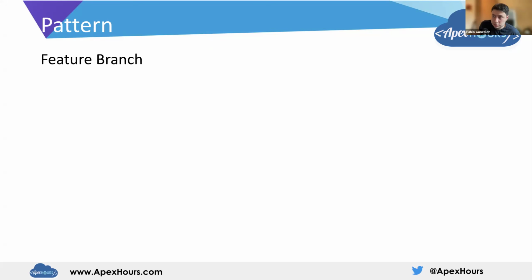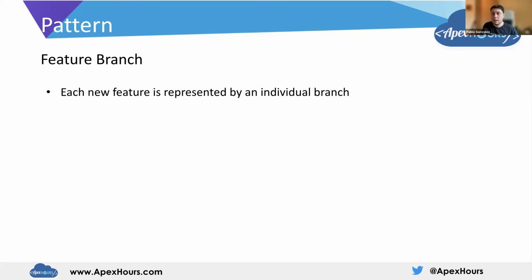Now, another pattern is the feature branch. Again, it's not a strategy, it's just a property or a way of thinking of a branch, where basically every new feature or every change that you have to make to your org is represented by an individual branch. So for example, if you're using Jira and your Jira project is called CRM, you may have a Jira task called CRM235, and you will create a feature branch with that ID. That's kind of the convention, to use feature slash then the name of that ticket number. And you would commit the changes that are related to that feature